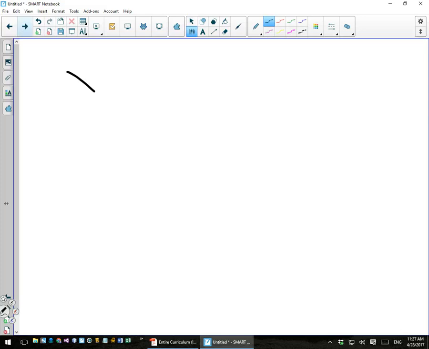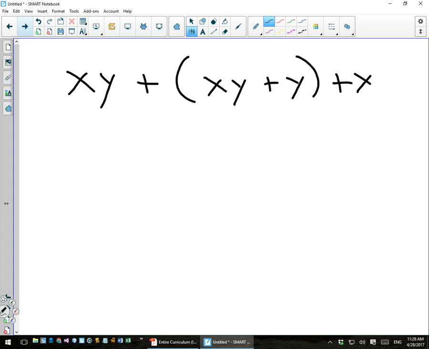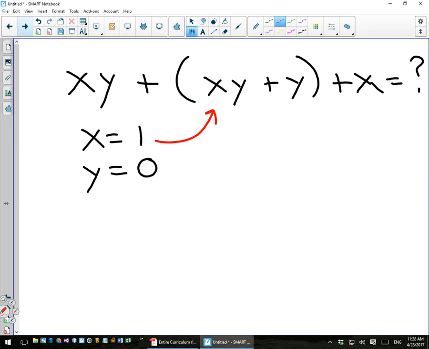So I can say x and y or x and y or x equals an unknown value. But then I'm going to tell you that x equals 1 and y equals 0. And you could evaluate this just like you do with regular algebra. So you'd take these values and substitute them into their positions. So let's rewrite it. We'd have 1 or 0,